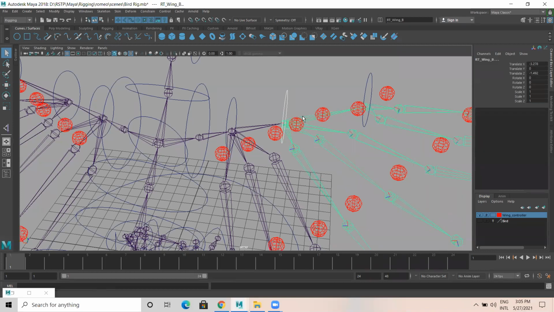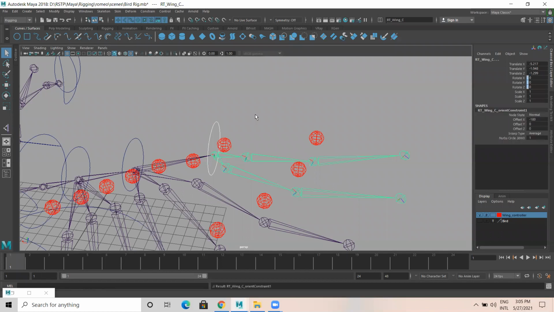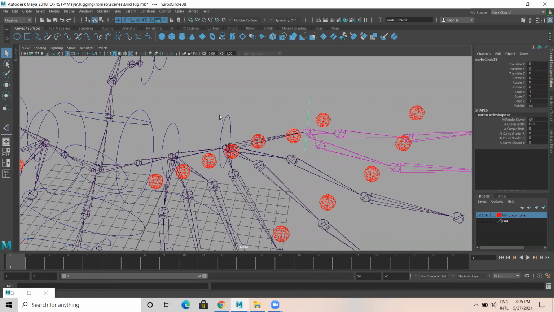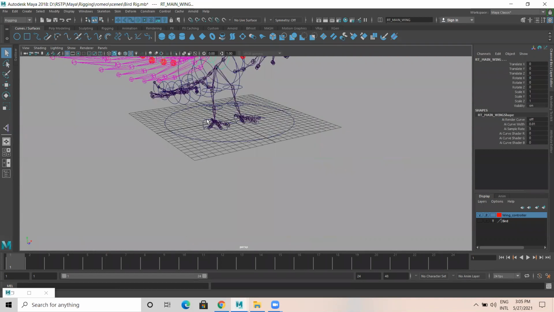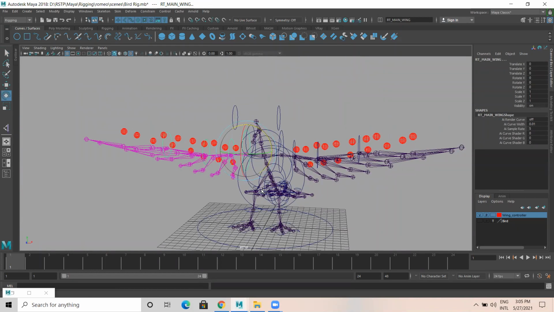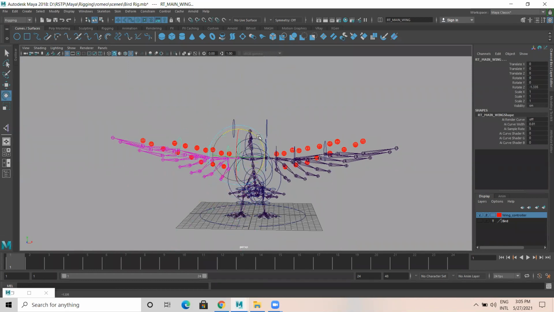Select this and this, repeat last tool is G. Select this and this, G. Now select this and this, press P. Select this curve and this curve, press P. Select this curve and this curve, press P. Now observe 1, 2, 3, 4. Rotate after selecting in order, and yes, you are getting this curvy formation also. So the wings part is fully functional now.